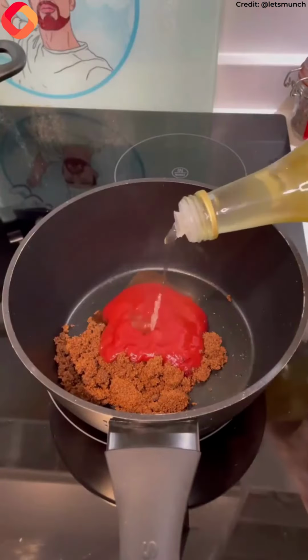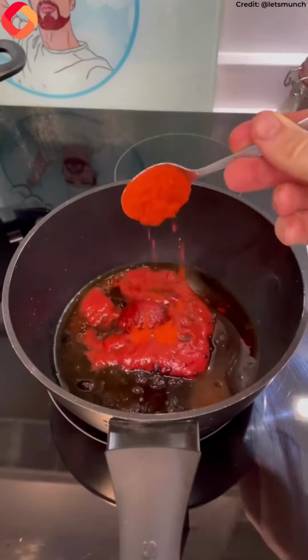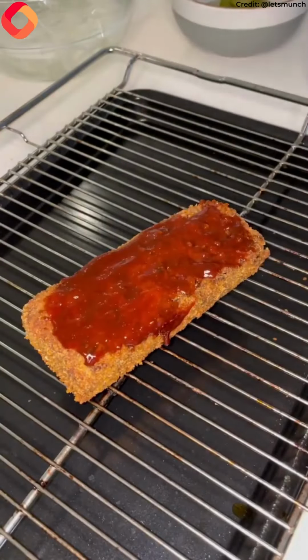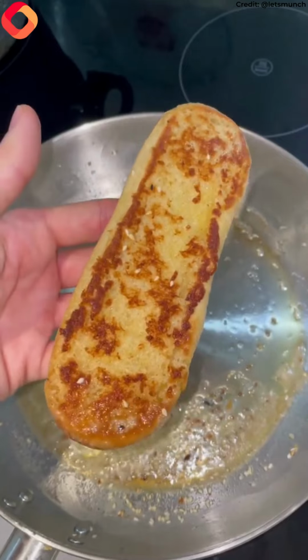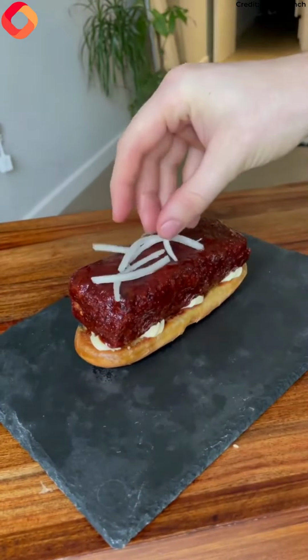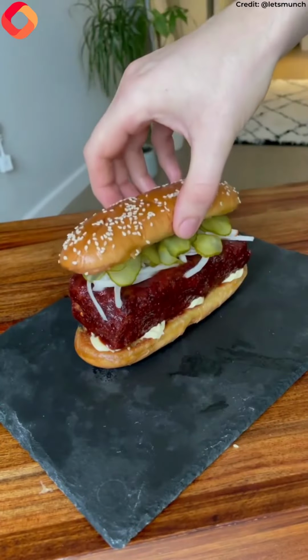For the barbecue sauce, just add all ingredients into a pot on medium heat and give them a mix until combined. Make sure that rib is fully covered in the sauce and I beg you toast your buns. Kewpie mayo goes on top of the bun, followed by the rib, some sliced onion, pickles and the top bun. You already know that this one hits